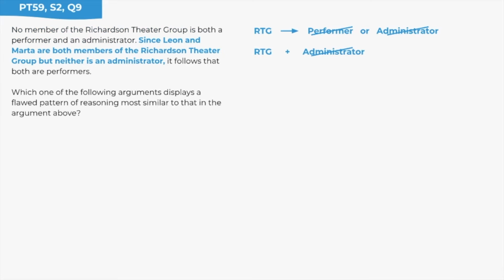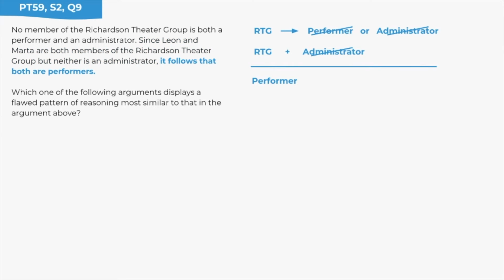The next statement tells us that Leon and Marta are both members of the Richardson Theater Group, but neither is an administrator. Okay, so they're members of the Richardson Theater Group and they're not administrators. And then it goes on to conclude from that, it follows that both are performers. Well, if you think about it, what this is really doing is assuming that you have to be one or else the other. We know that you can't be both, but that doesn't necessarily mean that you have to be one or else the other. The implication in this conclusion is that since they're not an administrator, they must be a